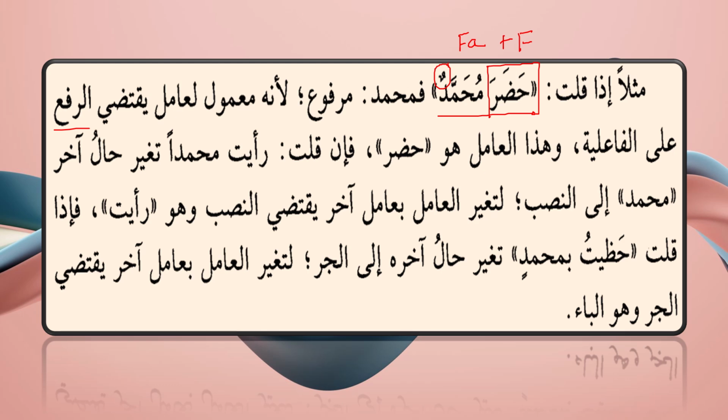Now we will see the next example, that is Ra'aytu Muhammadan. First of all, let's apply the formula. Ra'aytu is the fail, the damir is the file in the position of file, and Muhammad is in the position of maf'ulun bihi. So if you see Ra'aytu Muhammadan, from fail, file, maf'ul bihi, it has changed its haraka to fathatain, because now Muhammad is in the position of maf'ul bihi, and maf'ul bihi is known by the haraka fatha.